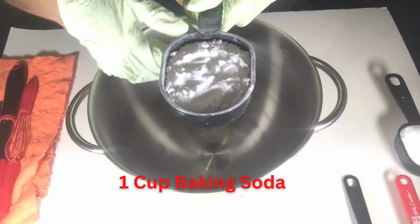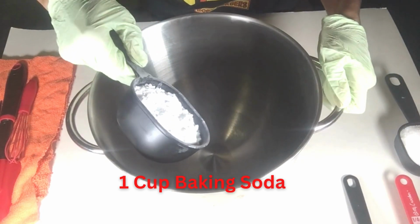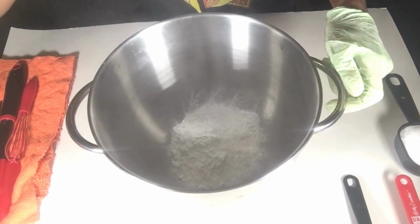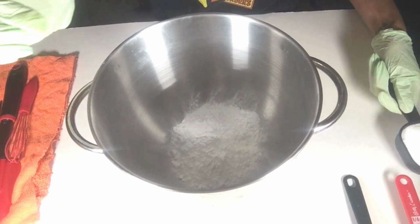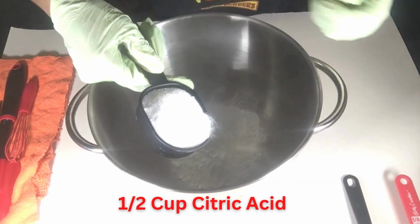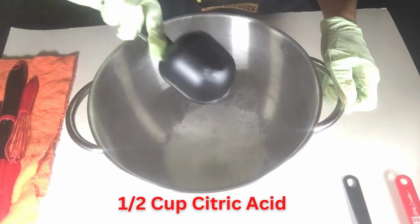Start by measuring and adding all of your dry ingredients in one bowl. For these bath bombs, I used baking soda, citric acid, cream of tartar, and SLSA. The baking soda and citric acid help create the fizzy reaction, and the cream of tartar helps to harden the